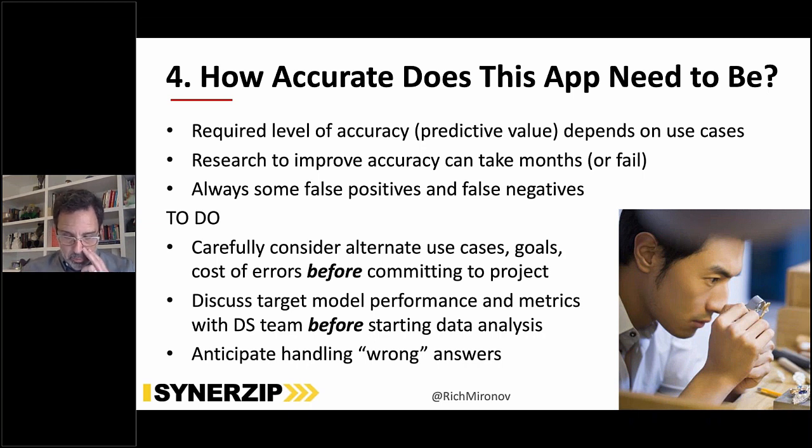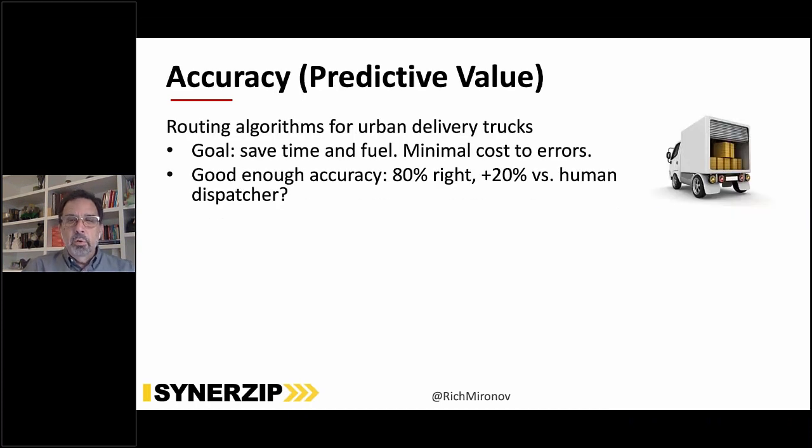So let's put up a couple of examples here, because I think this is better done in the specifics than in the general. So two examples. One, I've done a bunch of work with an East Coast company that's very involved in e-commerce and shipping and delivery and predicting how long it's going to take for packages to arrive. And one of the big discussions is, can we put together a better routing algorithm for the trucks we're going to send out into major cities and urban environments so we can plan their routes out better and have fewer stops. Clearly, the goal here is to save some time, save some fuel, get the trucks back with less wear